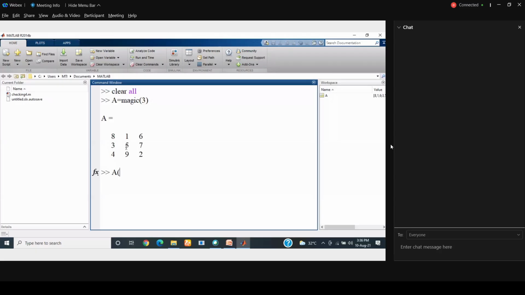For example, if I want to display 5 and 7, 2 comma 2:3, so it has displayed 5 and 7. But if you want 5 and 2, if we change the row, I want to change a row. We have taken a single row, so now I have to take the third row.